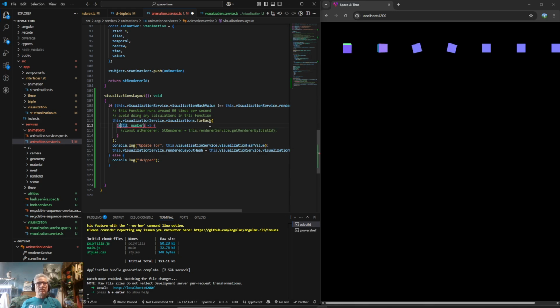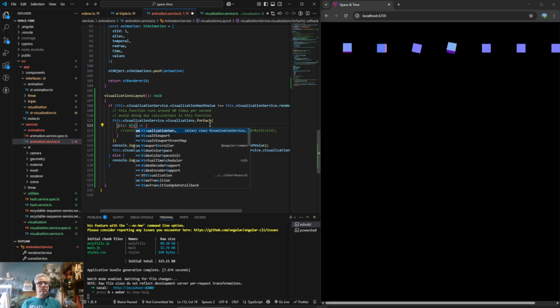And then we are going to get a viz, and visualizations. I think it's an ST visualization.